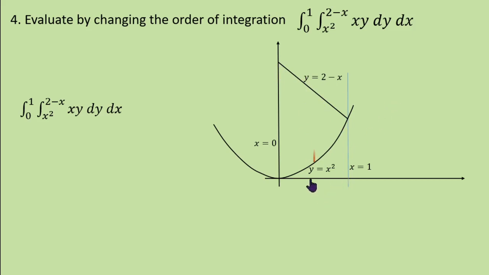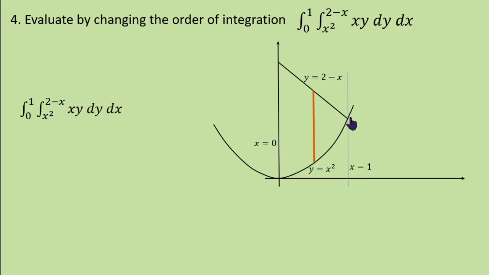So the given order is: for every x between 0 and 1, y goes from x square to 2 minus x. So this is the given order. When you change the order of integration, here